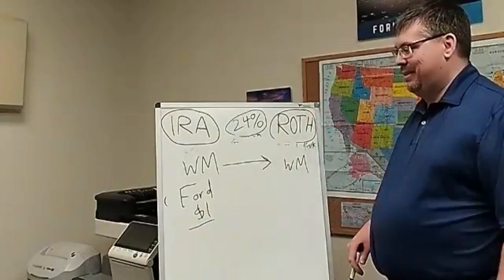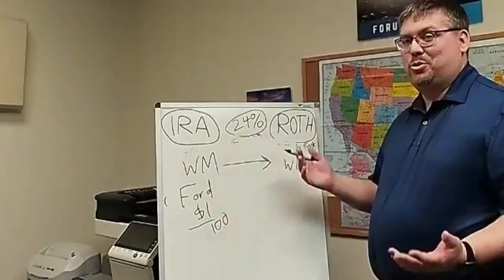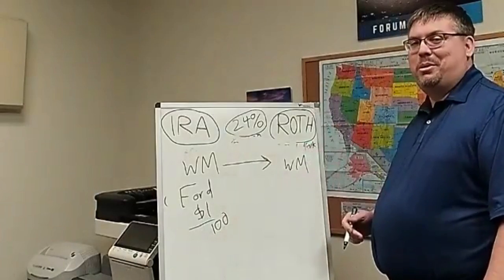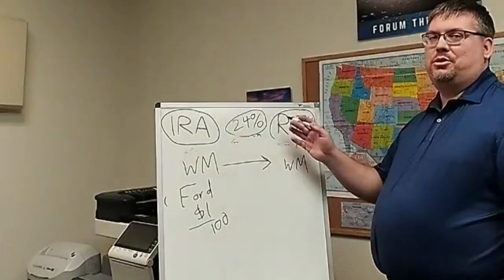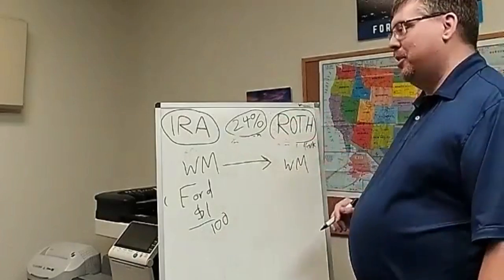Well, let's just say it had 100 shares. Well, maybe that was worth $2,000. Now it's only worth $100. That's a big hit for anyone's retirement account. But you could essentially turn a loss into a gain, utilize the tax code to your advantage,